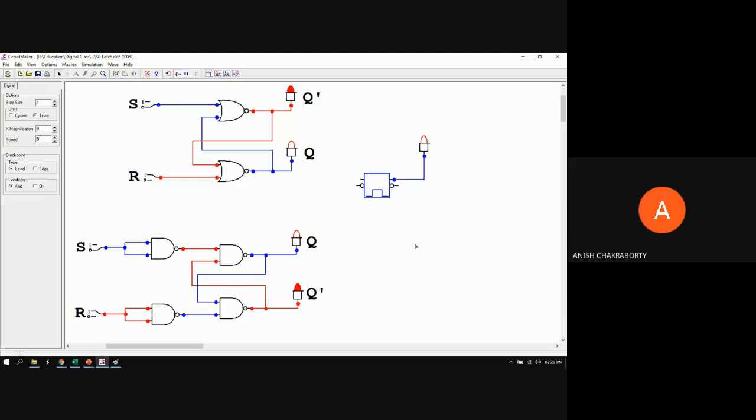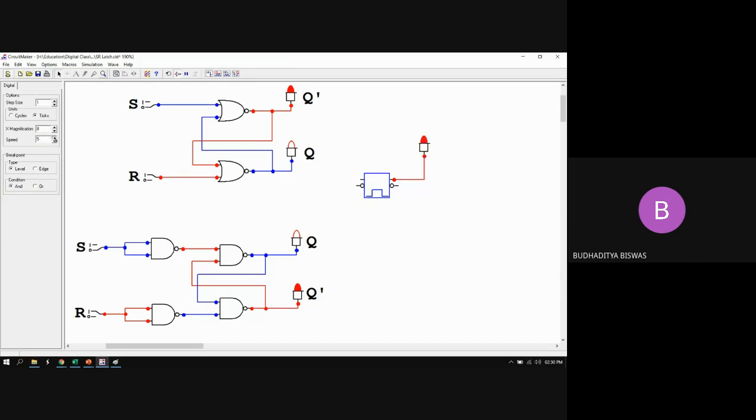What is the magnification here? This is actually the simulation speed, which was not required till now, because till now we were discussing only the combinational logic circuit, not the sequential logic circuit. But as I mentioned on the first day, this Circuit Maker is a very beautiful software. So many animations are there, and this animation is possible only by using the clock pulse. Here manual input is not required. The circuit runs automatically, so all sequential circuits should run automatically. It uses the clock pulse, and when animations are required, you see this is the speed. The speed means the animation speed.